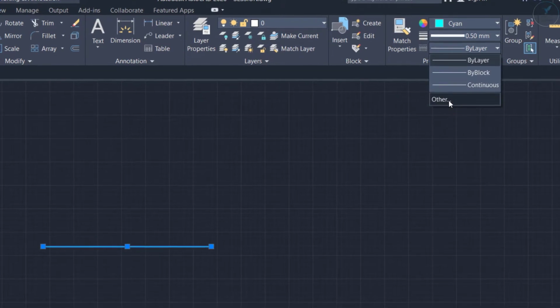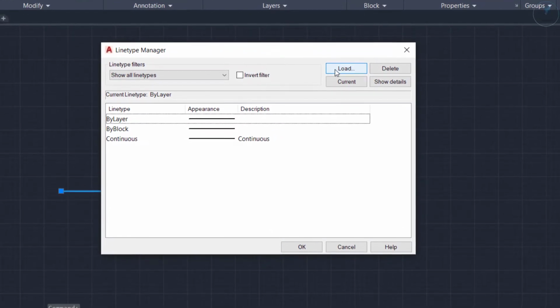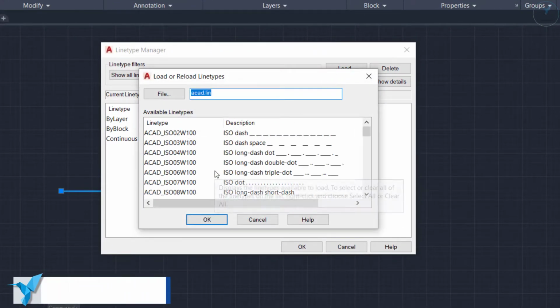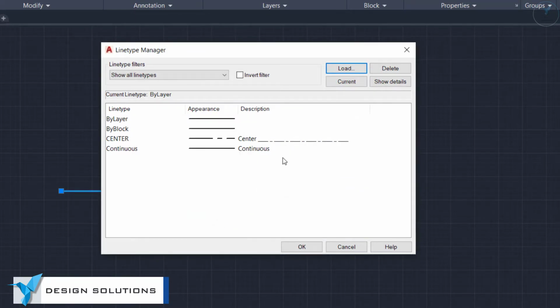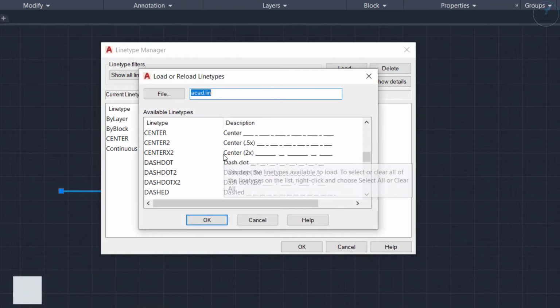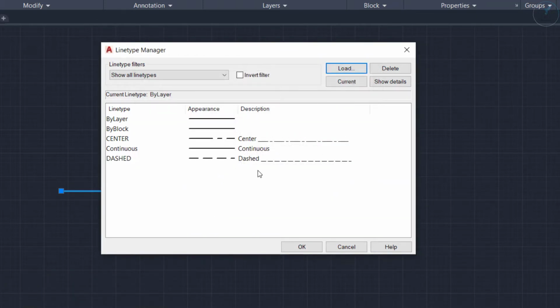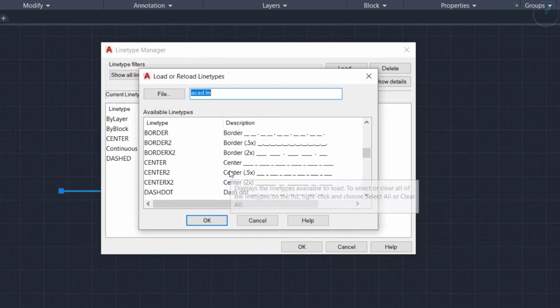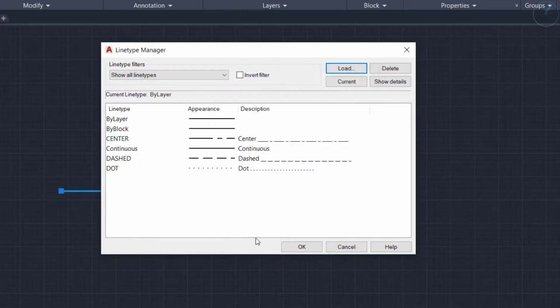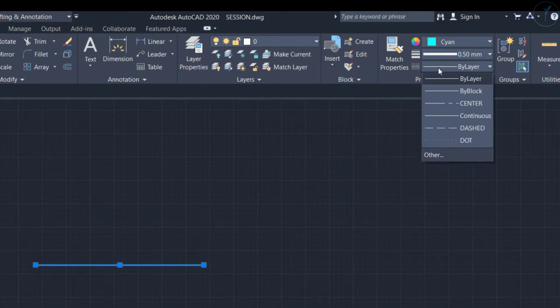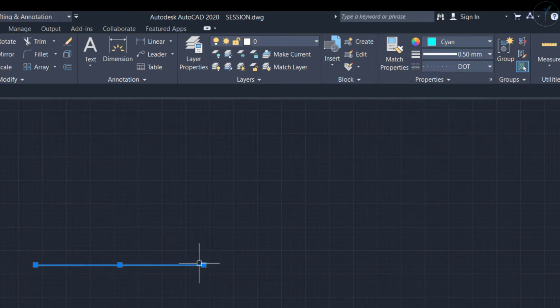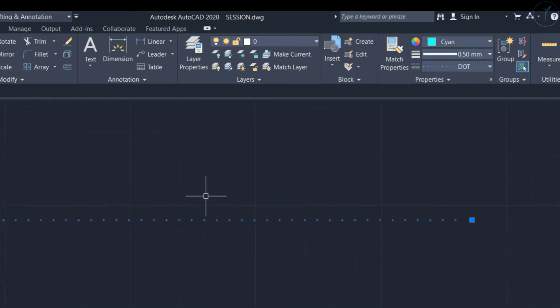Now here I can add other line types as well. Suppose I want center line type property, or hatches, or dotted lines, you can use this option. So I'm adding center. Suppose in your drawing you want to add dashed lines, you can add that as well. Suppose you want dotted lines, that also you can add over here. Once it is added, select once again like this, then click over here and then apply the property. Now you can see whenever I'm changing or applying, the property gets updated over here.